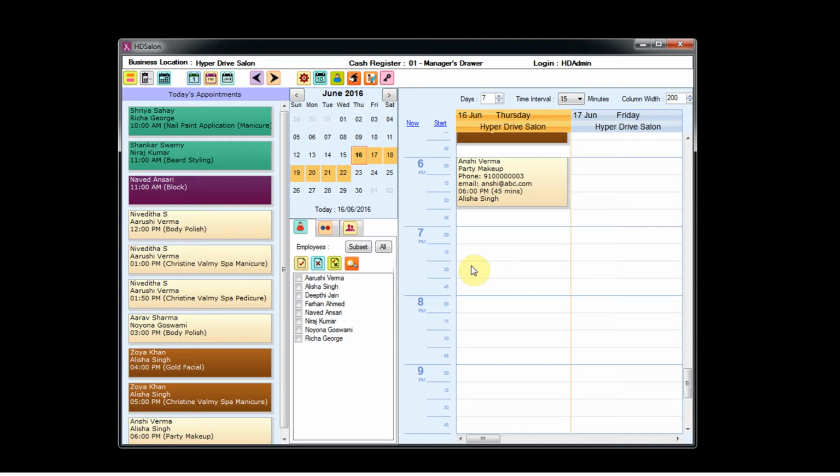In this tutorial you will learn how to split commission between employees in HD Saloon. Sometimes in Saloon, more than one employee will provide the same service to the customer. In such situations, you may want to give commission to your employees based on the service they have provided. In order to split the commission between the employees in HD Saloon, let us create a new widget